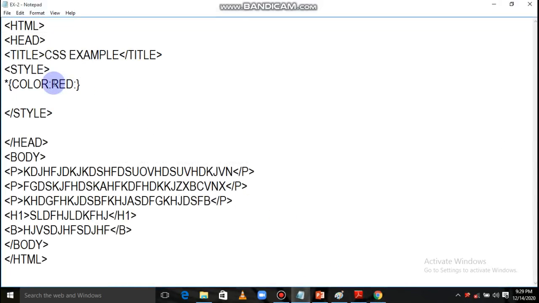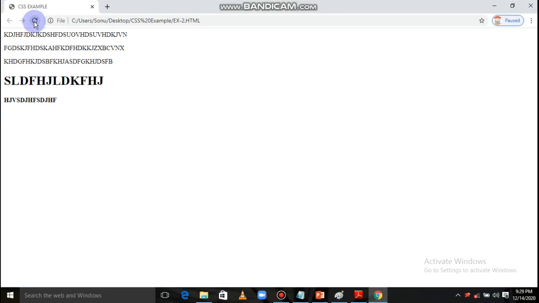Style, type is equal to text slash CSS. Now try to run it again. Now the color is still not going to appear.